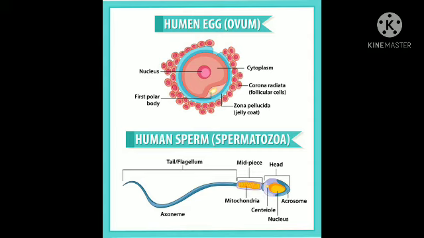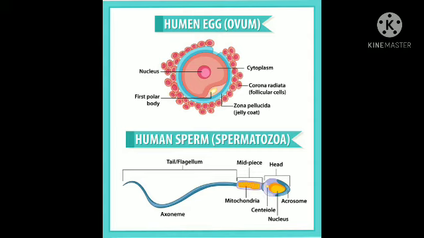Now we come to the human egg primarily. The human egg is microlecithal, meaning the amount of yolk is very less in the human egg, while the amount of cytoplasm is very high. The cytoplasm of the egg is differentiated into two layers. The outermost is known as exoplasm or egg cortex, and the inner one is known as endoplasm or ooplasm. The egg cortex comprises cytoskeletal structures like microtubules and microfilaments. They provide strength, rigidity and framework to the egg.